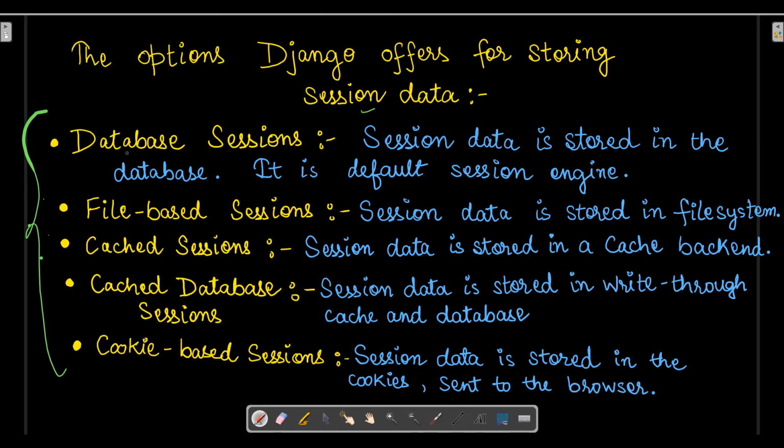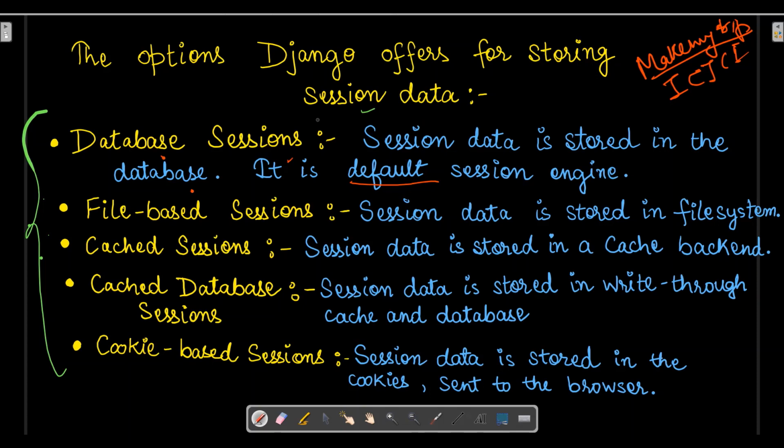Here the first is database session, where session data is stored in the form of database, and by default session always takes the database session. Like the site MakeMyTrip or any banking site, let's say the ICICI site, there only databases are used in this session, because if we are doing any transaction, that needs to be structured first and is to be highlighted on the spot.